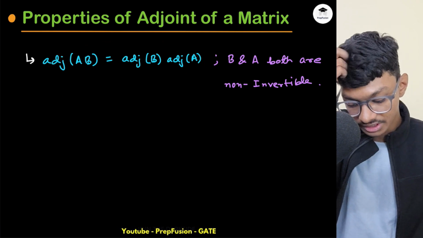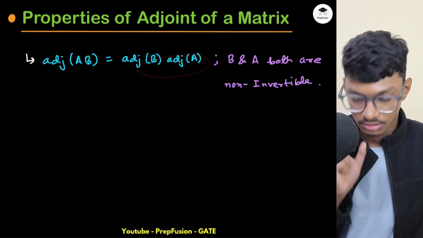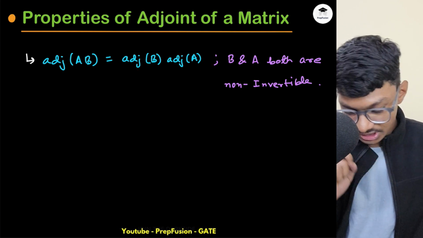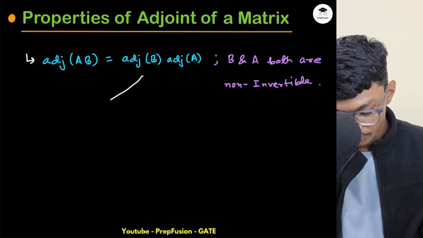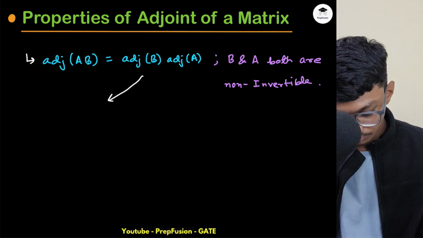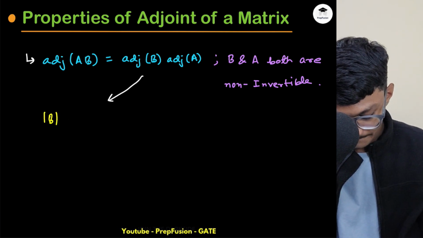Now this is the next property, where adjoint of AB equals adjoint of B times adjoint of A. Can we prove this? Basically, what you can write is: what is adjoint of B times adjoint of A? So what is adjoint of B? Adjoint of B is simply determinant of B into